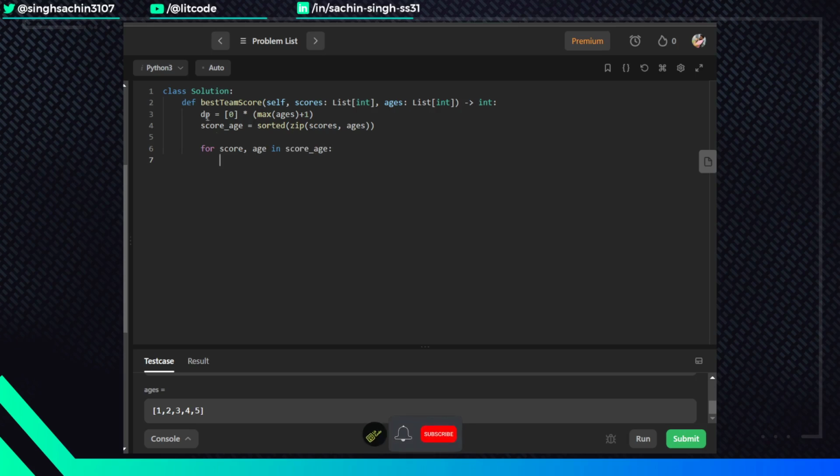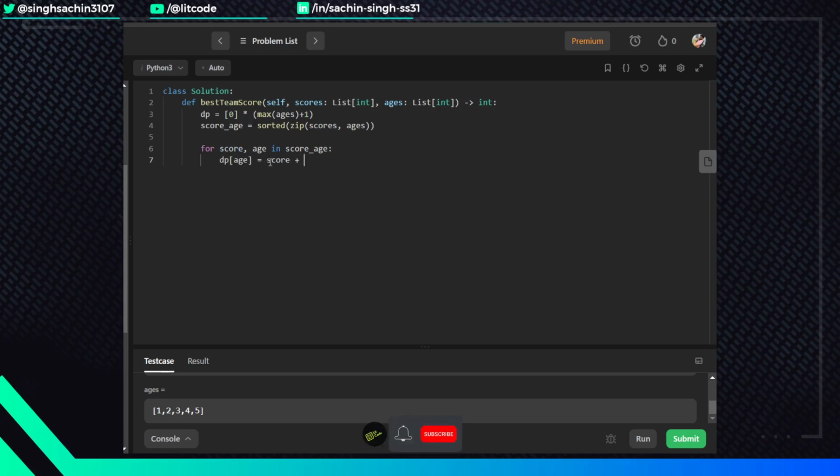Now, to update this DP array for each age, what I want to say is what is the maximum score which we can get with the ages lower than the current age, right? So to do that, we want to update the DP array for a particular age. I want to add the current score,